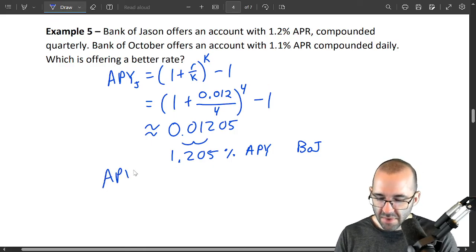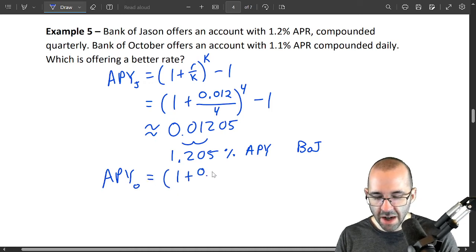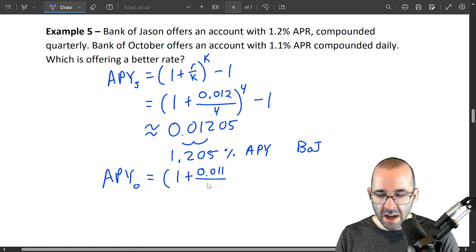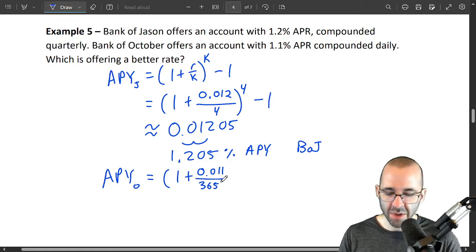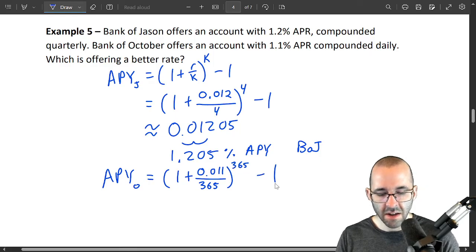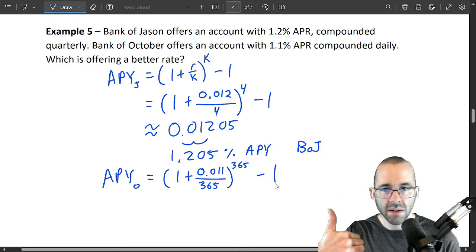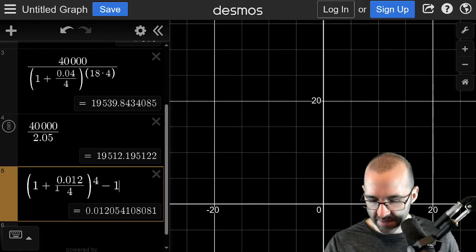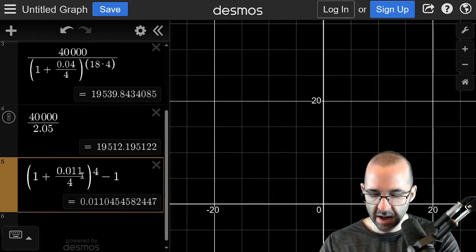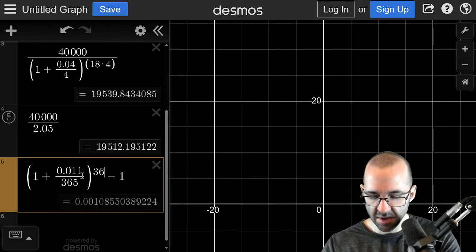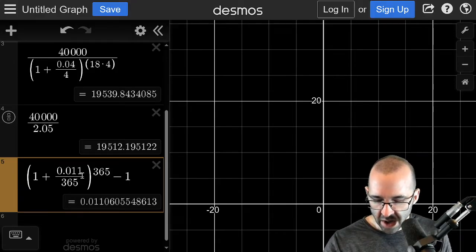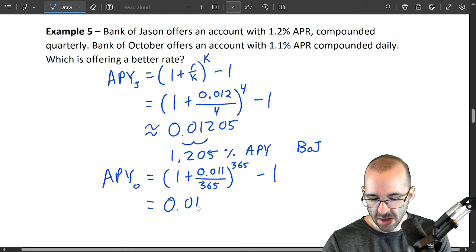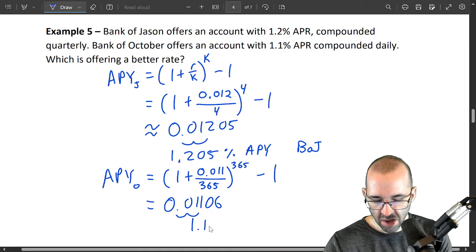And the other one is the APY for the Bank of October. That's going to be very similar, right? But now it's 1.1% interest, and it's compounded daily. Let's pretend there's no leap years. So compounding daily is better, but it's a lower interest rate. What's the APY looking like? I don't know. Let's edit our formula. 0.011 now, compounding 365 times. 0.01106. Written as a percent, let's move the decimal twice. That's 1.106%